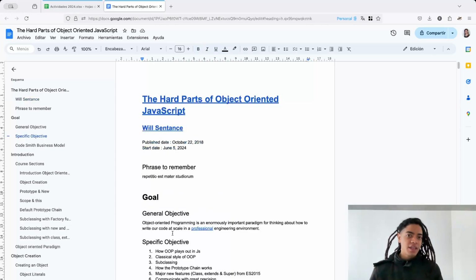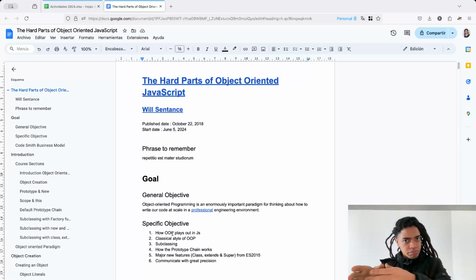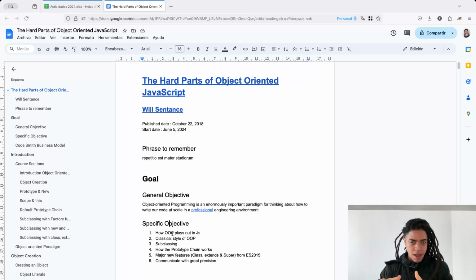So the idea here is that by looking at how you can create objects in JavaScript following object-oriented programming, this allows us to write applications that can scale in a professional engineering environment. So why is this important? Because